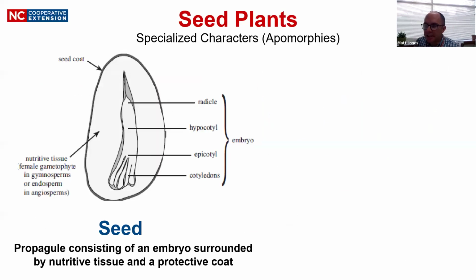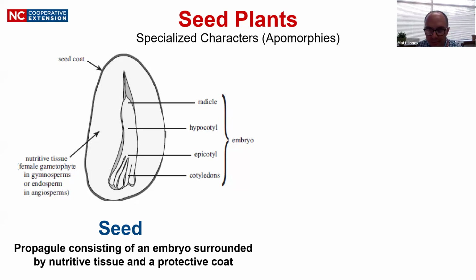Okay, what is a seed? It's again a much more advanced and much larger than spores. They contain a plant embryo, so a baby plant, and it also contains nutritive tissue. It's kind of a modified female gametophyte in the case of the gymnosperms, but in the case of the flowering plants, it's called endosperm. And the nutritive tissue in the embryo are surrounded by a hard seed coat that protects